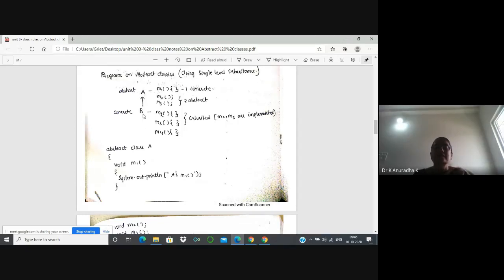This is single level inheritance, class A and class B. Here I have three methods in class A. First write the structure like this whenever you want to write inheritance programs. Only with respect to inheritance can I explain abstract classes. That's why I can take either single level inheritance or multi-level inheritance. Okay. Now here I have two classes A and B, and class A is declared with abstract. That's why this is an abstract class and B is a concrete class. Okay, this concrete class must extend this abstract class.